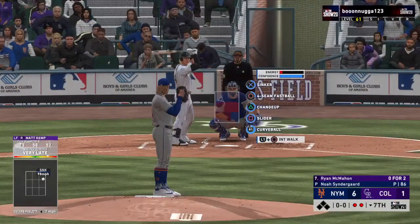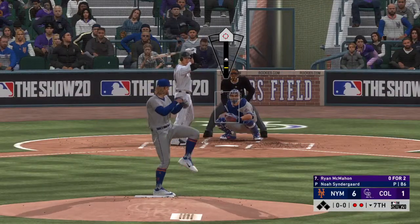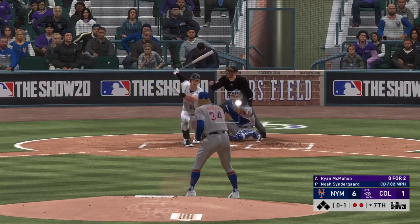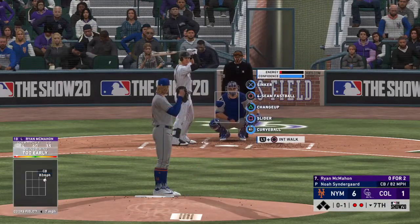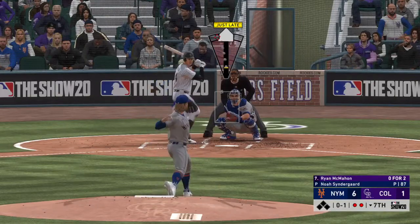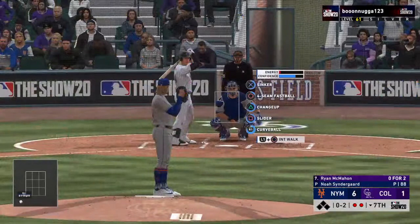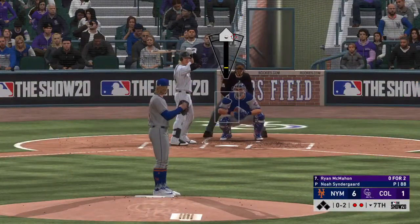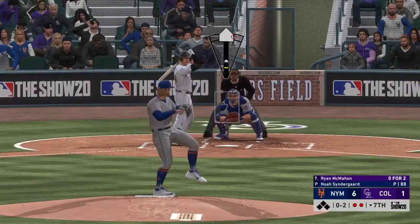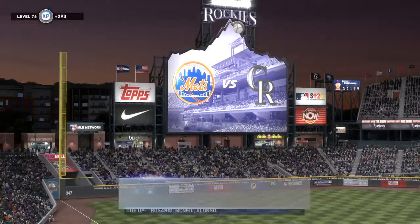Into the box, Ryan McMahon. It's been an 0-for-2 effort for him to this point. Good curveball there, gets the swing and miss. What a performance so far. Throwing first pitch strikes to 90% of the batters. It's hard to get any better than that. And he will strike him out. 10 now in the ball game, and the inning is